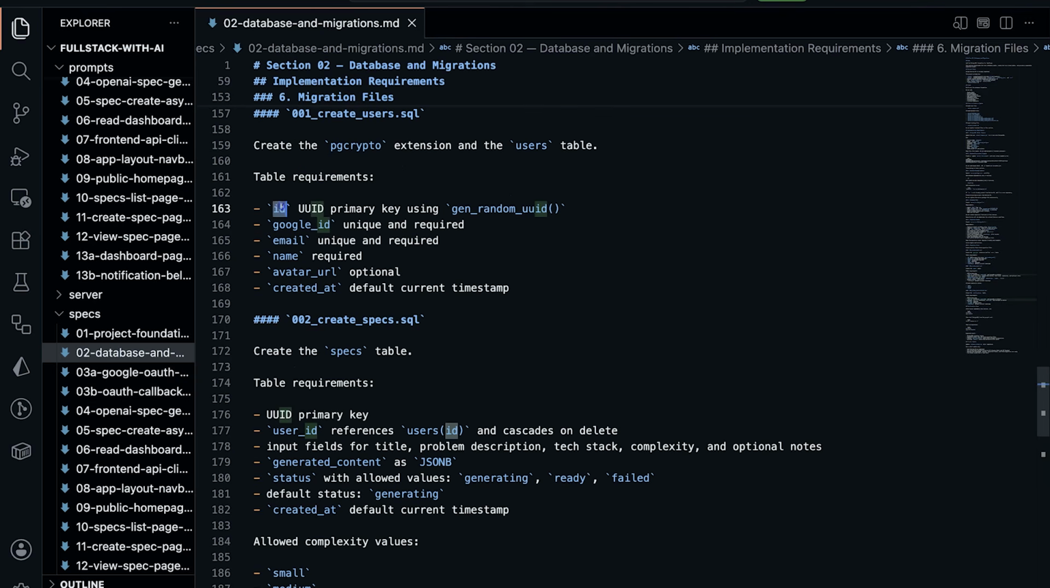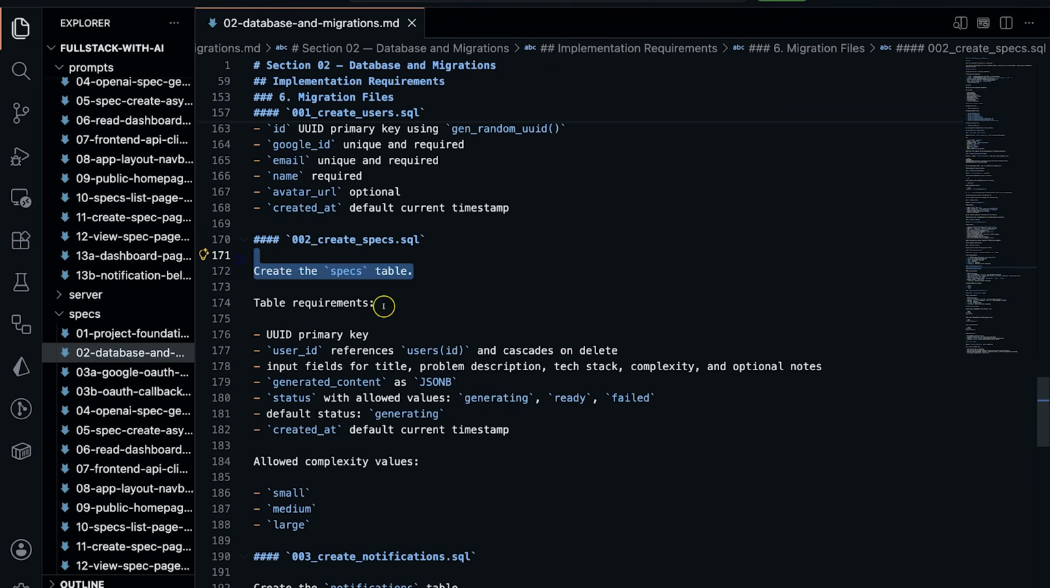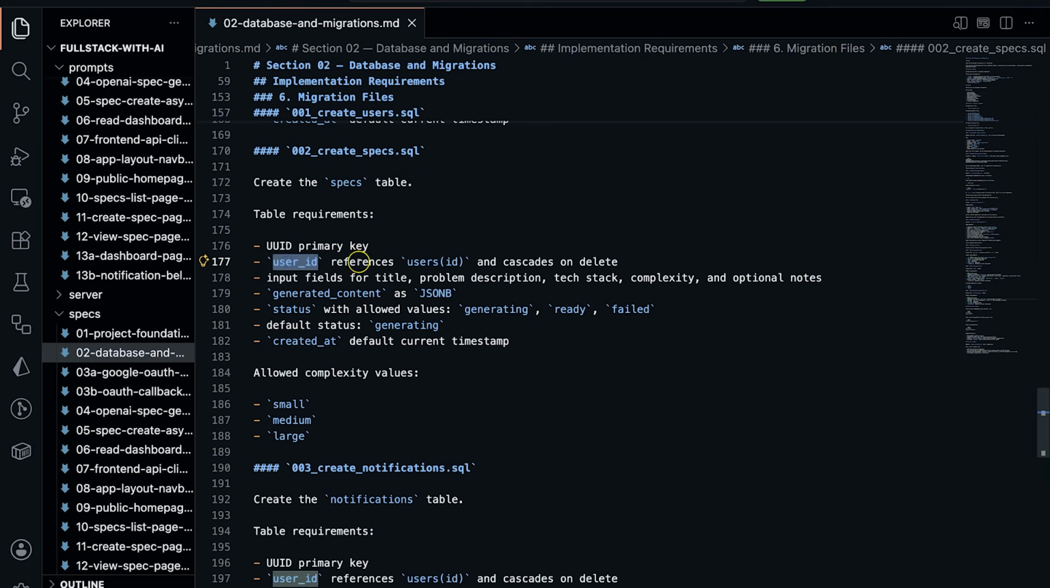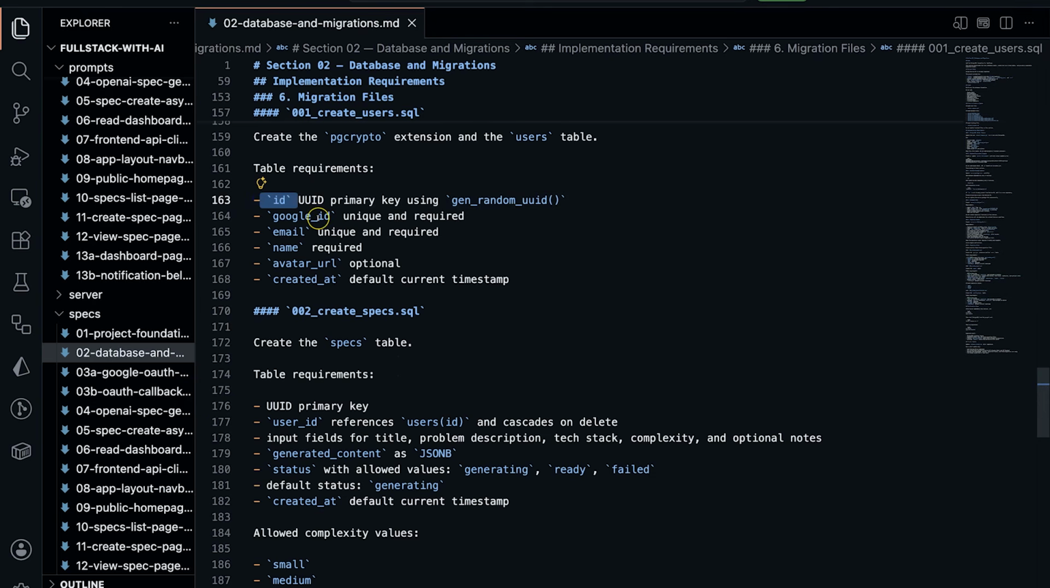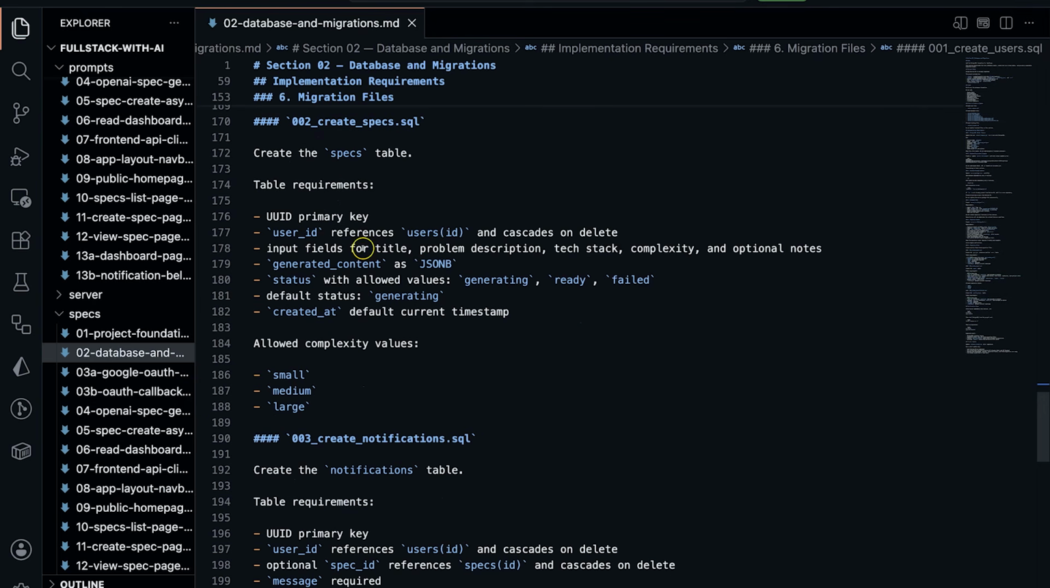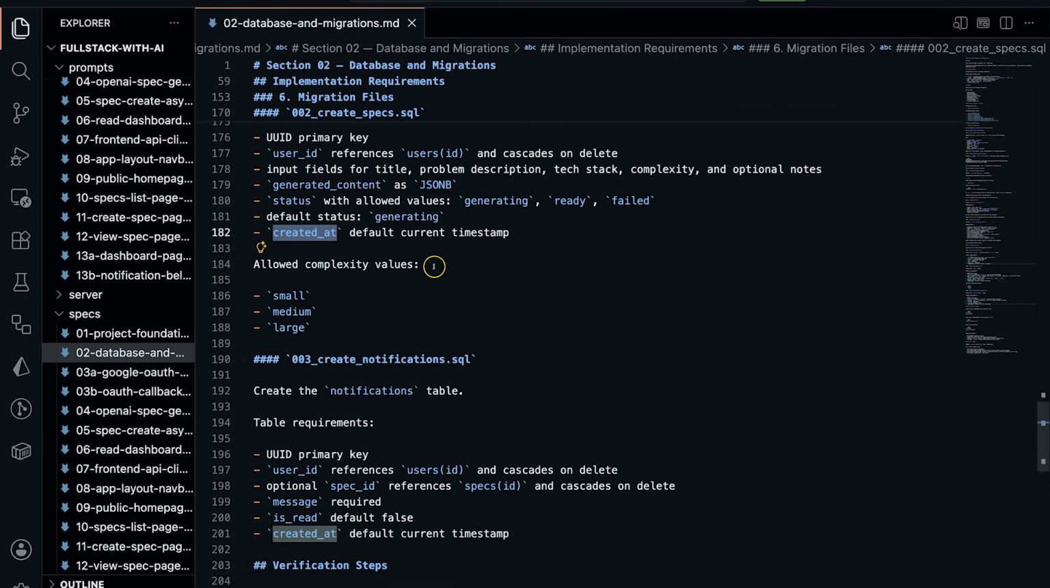So in the users table, we are going to have an ID, Google ID, email, name, avatar URL, and created at. This will be our specs table, right? We have our UID, user ID, which is our foreign key, which is going to reference the primary key of this particular table. And then we are going to have input fields for title, problem description, tech stack, complexity, and optional notes. Generated content we have as this particular type. Then we are going to have status: generating, ready, or failed. Default will be generating, and then we are going to have a created at. Allowed complexity values,